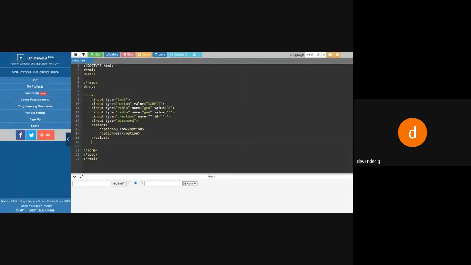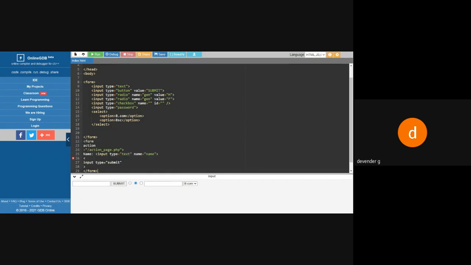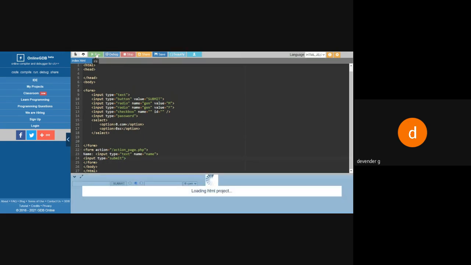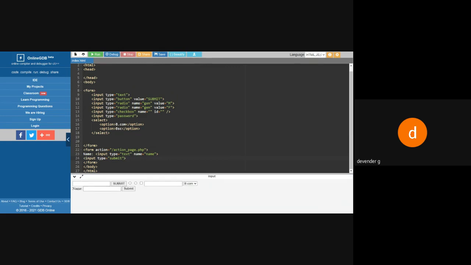So here I'm writing this one, something like this, and we'll click on this, and you can see when I click on this, it is going to some other page. Right now that page is not available. It will work. Now suppose again I go to this, and if I try to click this button, it will not work. See, this button will not work.